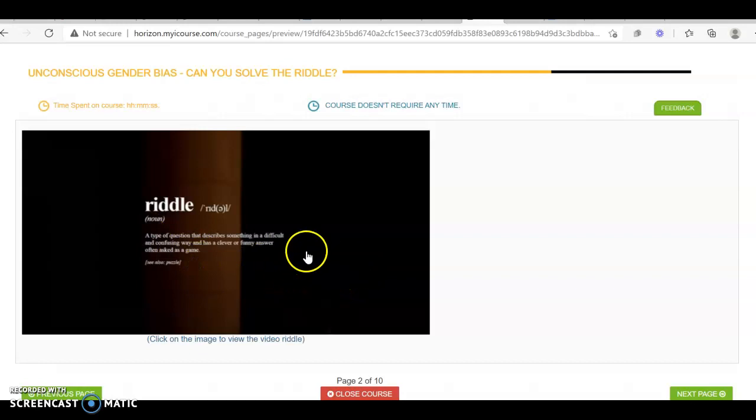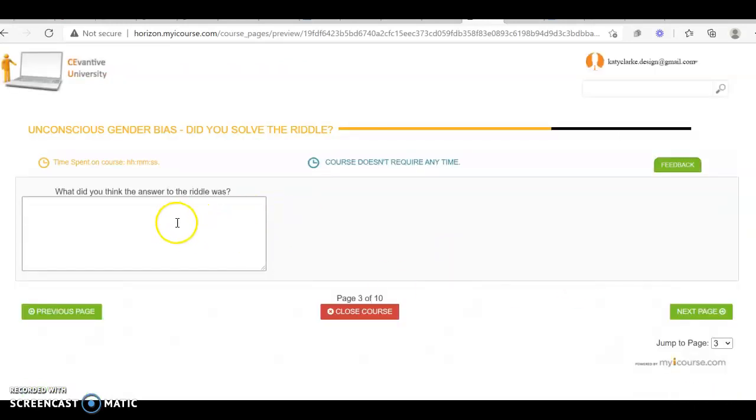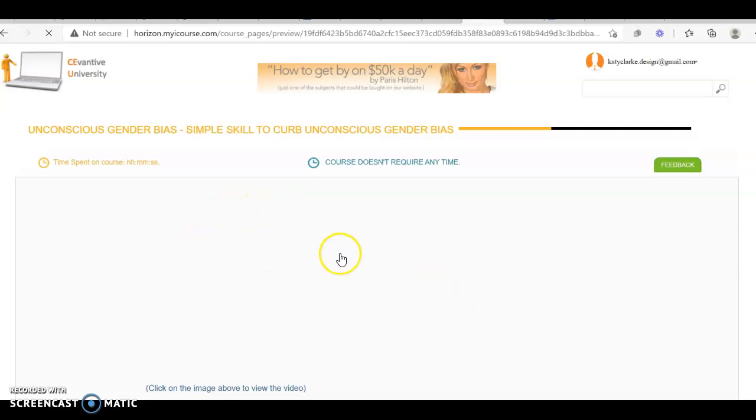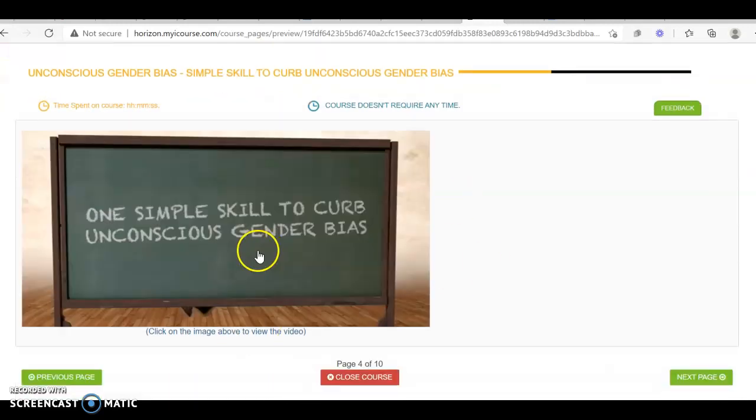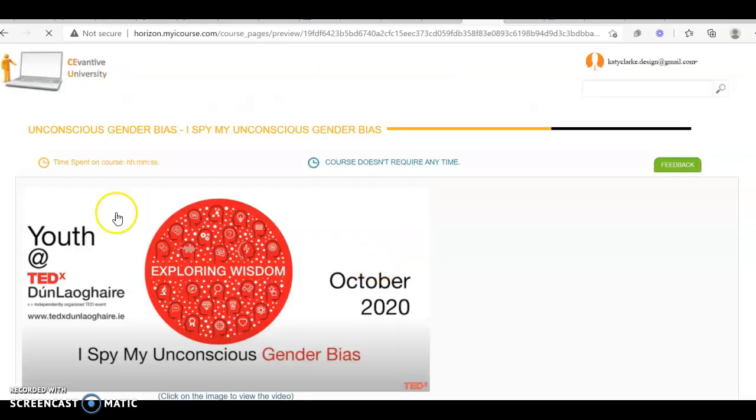But so I have all of my information design up front, and then the next thing that they will do is a quick, what did you think the answer was to the riddle? So I have built it, so I've got the information design and then the learning design built in, because I want them to add their answers. And I did this for the first 3 parts so that they could watch the video, and then that's the information design, and then they would jump into